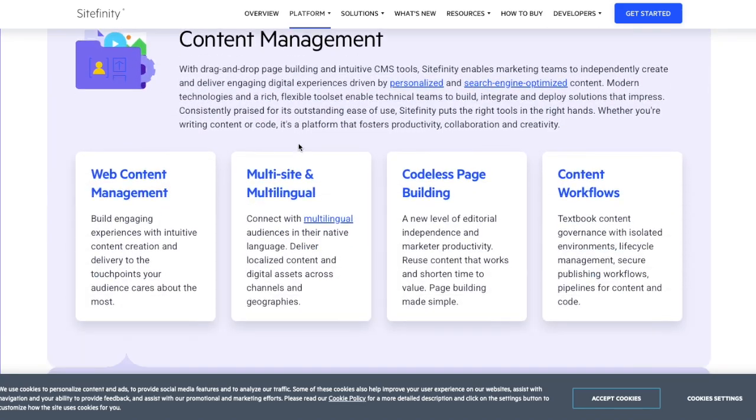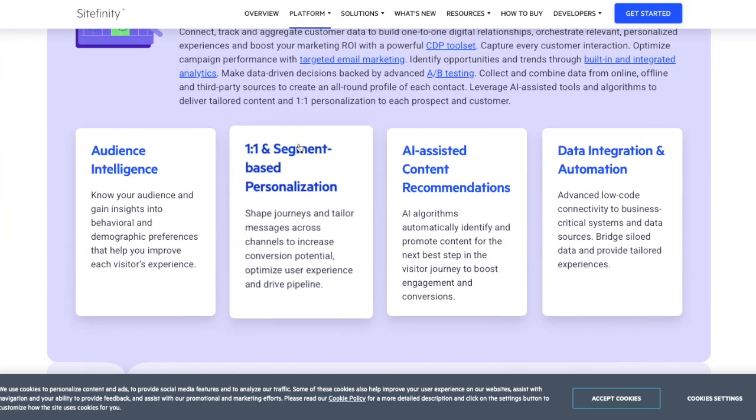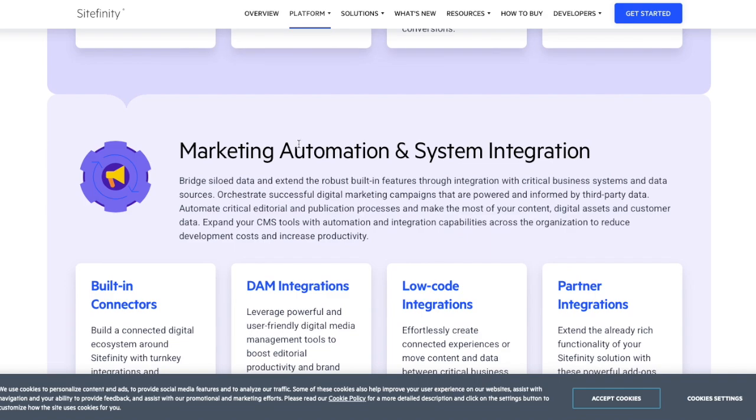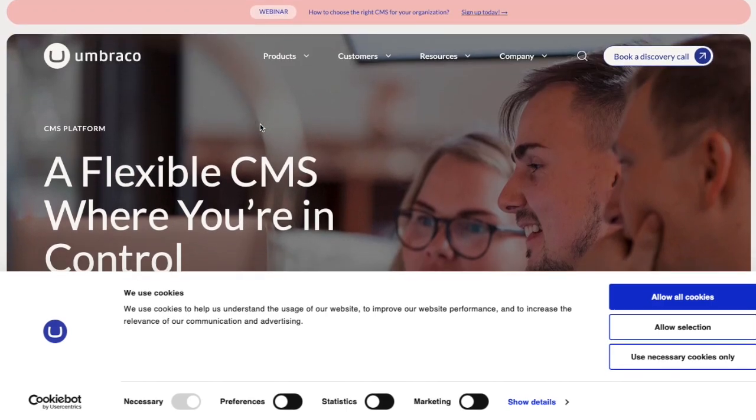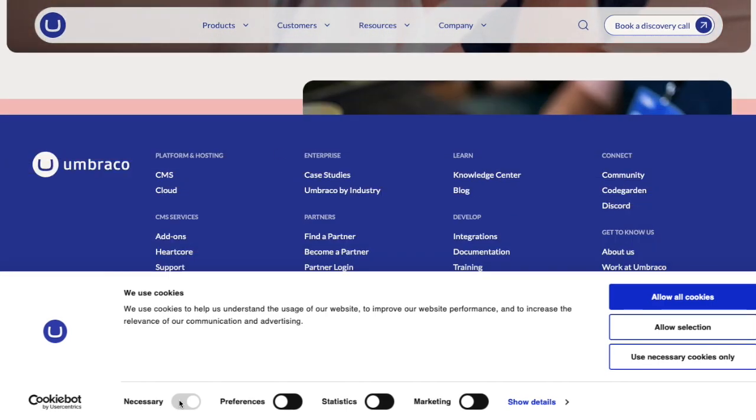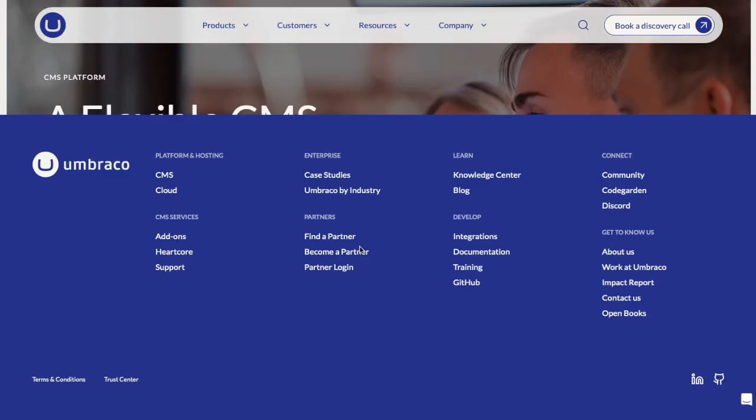Others similar to it are going to be Drupal, also built in PHP. It's for more complex and higher security websites, often used by government institutions, schools, universities. Joomla, similar to Drupal, offers a great deal of flexibility and ease of use.